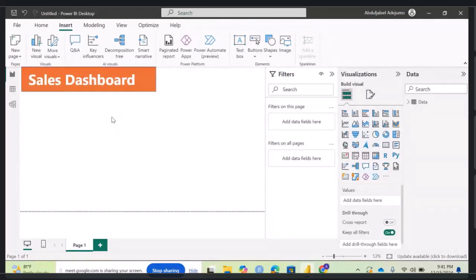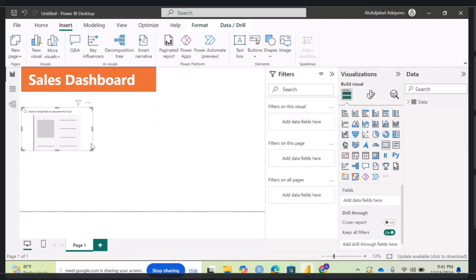You can see this is our sales dashboard. This is just our heading for the dashboard. Now I said earlier that we want to add three KPIs: the revenue, the sum of units sold, and the average price per unit. To have a KPI, we have something here we call card. We have what we call card in Power BI. When you click on the card,